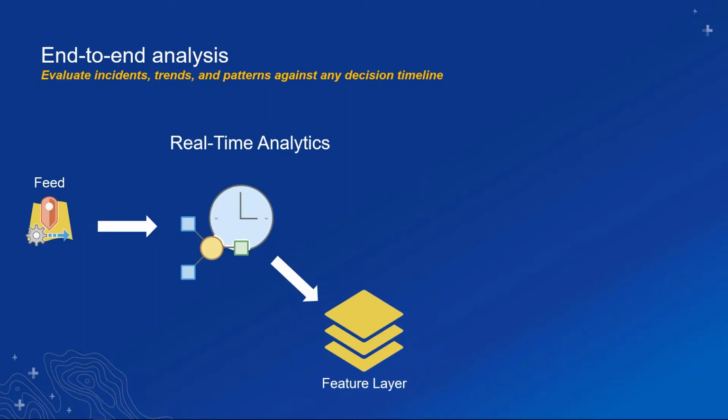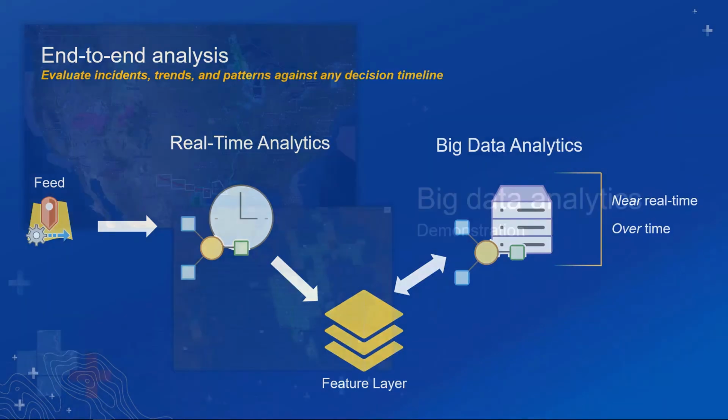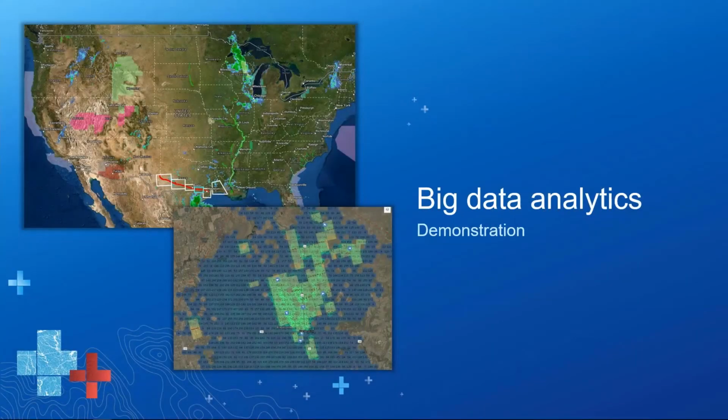And for that reason, Analytics for IoT is designed to grow with you. It includes fully configurable big data analytics so that you can process this information for trends. These big data analytics can be traditional ad hoc analysis, but they can also be scheduled and run in near real time to support different workflows. So there's a lot of extra capability here. And what Matt's going to do next is walk you through a few examples of big data analysis, both in terms of this scheduled processing as well as ad hoc traditional pattern analysis.